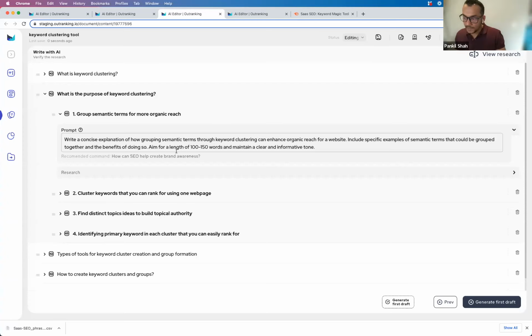So if you prefer everything perfect from the very beginning, go to the research writing part and go through your prompts before you generate the first draft. If you just care about speed, and you're going to be adjusting the content yourself later on, you can just go straight to the first draft, which is the ideal workflow that we've suggested regardless. Okay, this is pretty much it.